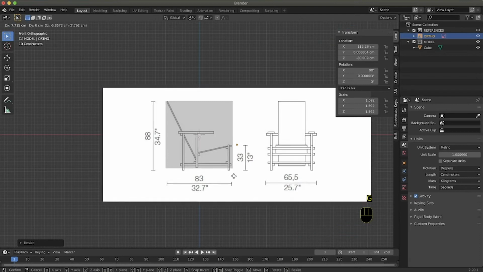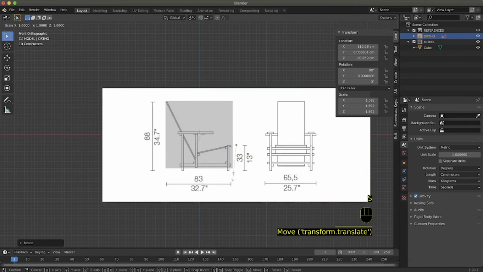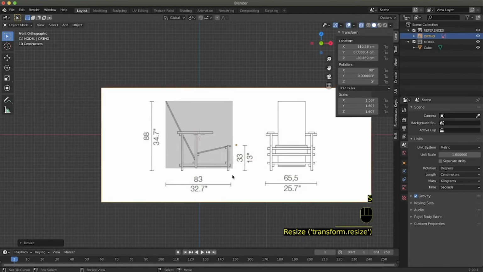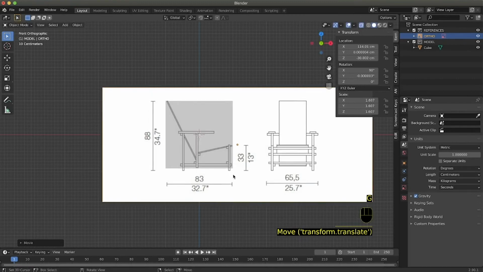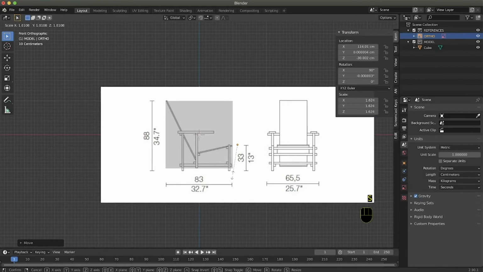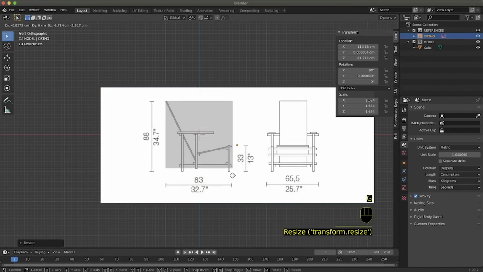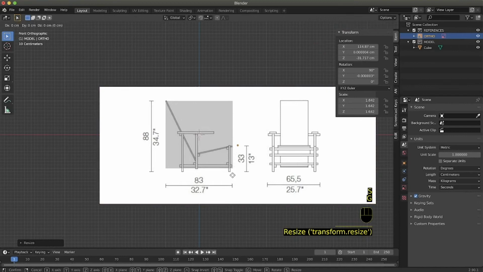I keep pressing a combination of scale and grab, so S and G, to scale it and move it in place. So now I think that we are fairly okay.